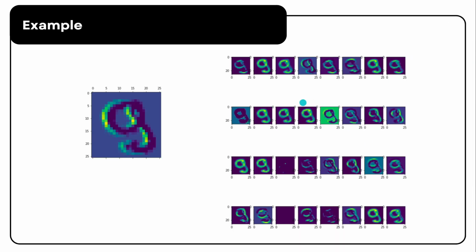All right. Here's a simple example. This image on the left is a digit, looks like a 9, and I believe it is since it comes from the MNIST dataset. This digit has been passed through a convolutional neural network, and on the right, you can see the activations from different filters across the convolutional layers.